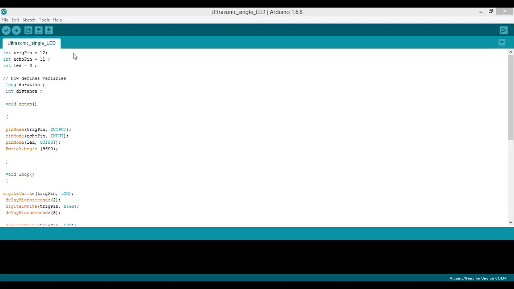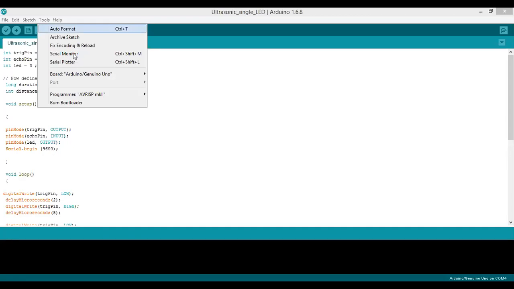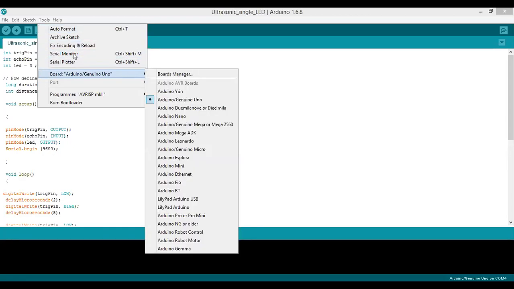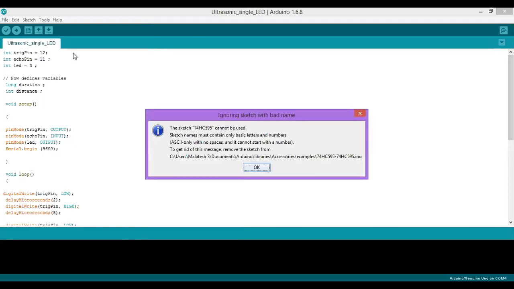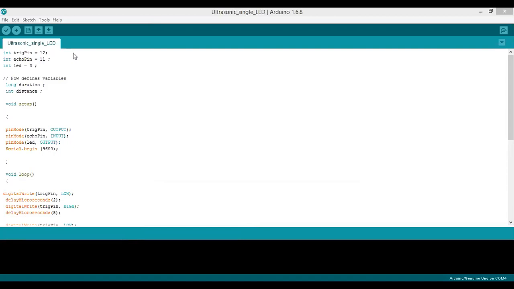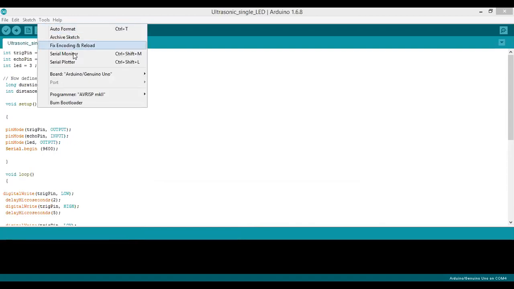Yeah. So as it's shown in the video, go to the tools and we have to select the boards. So Arduino, or whatever the boards we are using. Now I have not connected any hardware here, so it is not possible to select any board now.